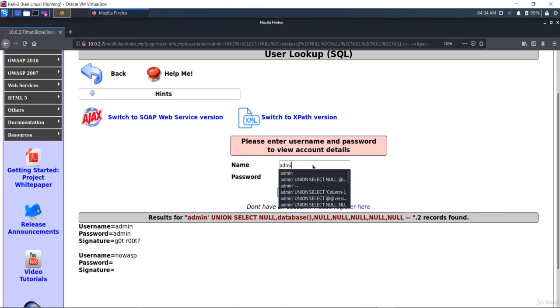The command is admin single tick and then simply union select, and null, this is one null, and then load_file, and inside this, let me do it like this, and the path that I'm going to give here is